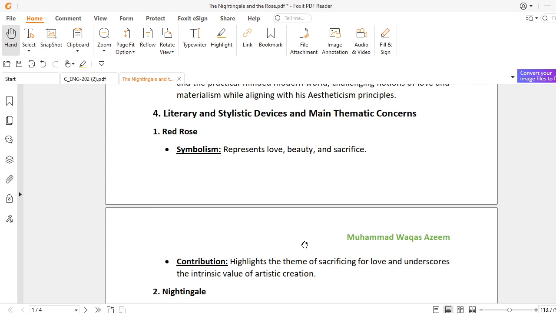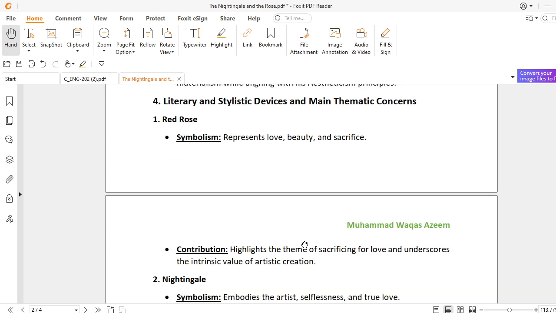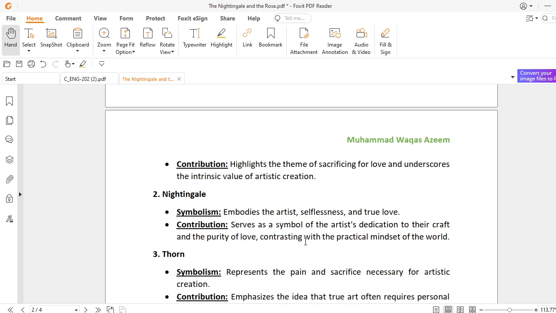ठीक है, आर्ट का इसके मुताबिक ये प्रॉब्लम है। ठीक है ना, ये अब इसका ख्याल रखना पड़ेगा। ठीक है, अब ये होता है कि नाइटिंगेल किसका सिंबल है, नाइटिंगेल ज़ाहिर है लव का सिंबल होता है। ठीक है, ये सेल्फलेस लव का सिंबल होता है। ठीक है, अब लव के अंदर सेल्फलेसनेस तो होनी चाहिए ना। अब इफ अ काइंड ऑफ आर अमेलगामेशन ऑफ सेल्फिशनेस, ठीक